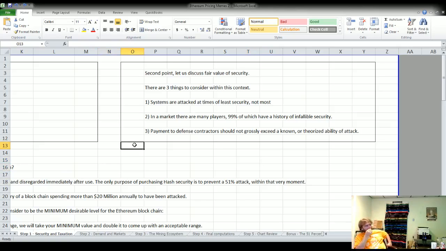I know Keller read a few sentences there that may have gone over your head, so we're going to bog it down real quick. The bogging down point is this: security cost. We think Ethereum's paying too much for security. Bottom line, we can look at the numbers and the graphs. If you keep security this high, the Ethereum price cannot reach a higher price per Ethereum, because we're going to pay too much in cost.